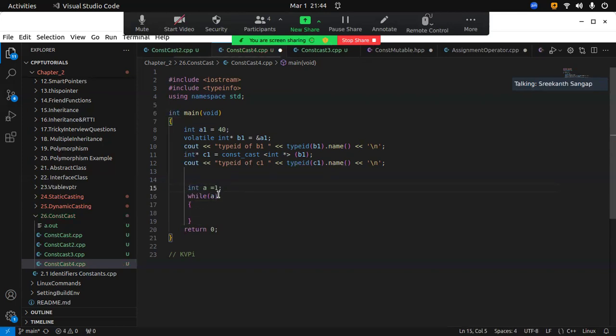It would try to optimize this code. I'll assume these are your instructions. The optimized code will become something like this. This will be the compiled code, but in the editor you will just see this. But if you make it volatile,